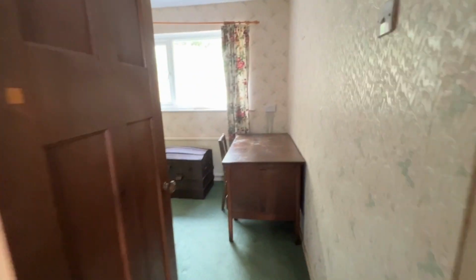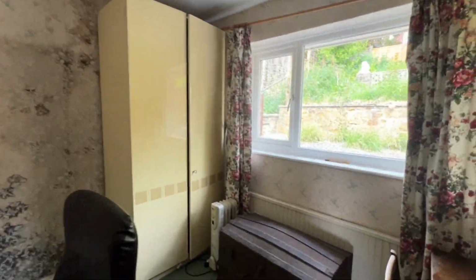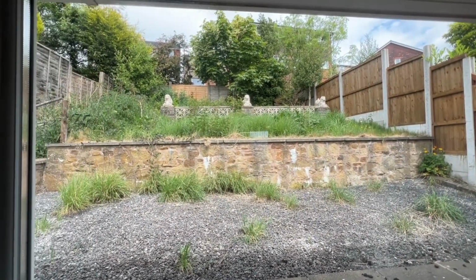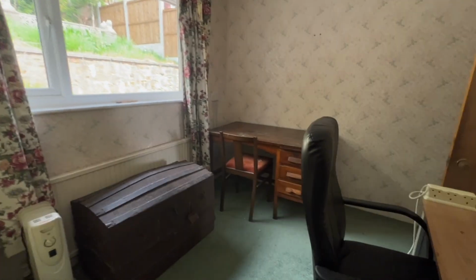That's the master bedroom, and this is the second bedroom. We've got UPVC window to the rear, so this overlooks the rear garden. Now we will pop outside and have a proper look in just a minute. So generous size second bedroom,